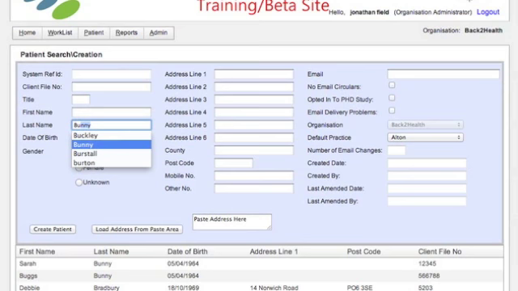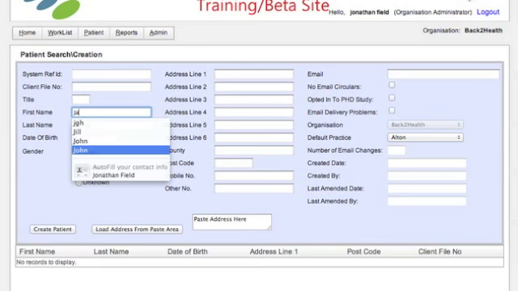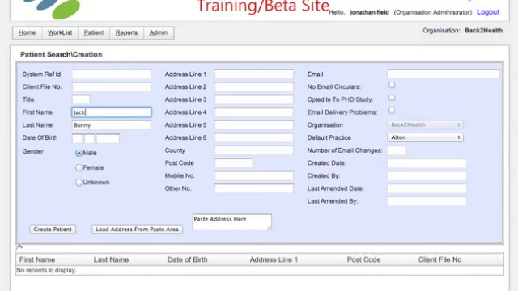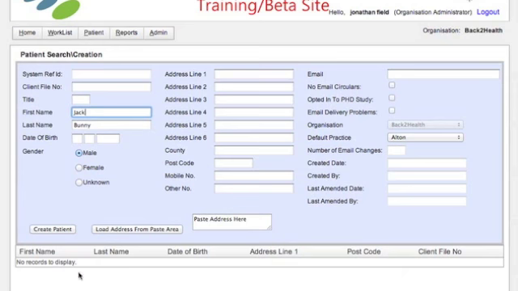See, as we start to type, a list is created at the bottom of existing patients in the system who match the details that we're typing in. The more information we type, the more accurate the list becomes. And I've typed the name in completely, and there's no one displayed here, so there's no danger the patient already